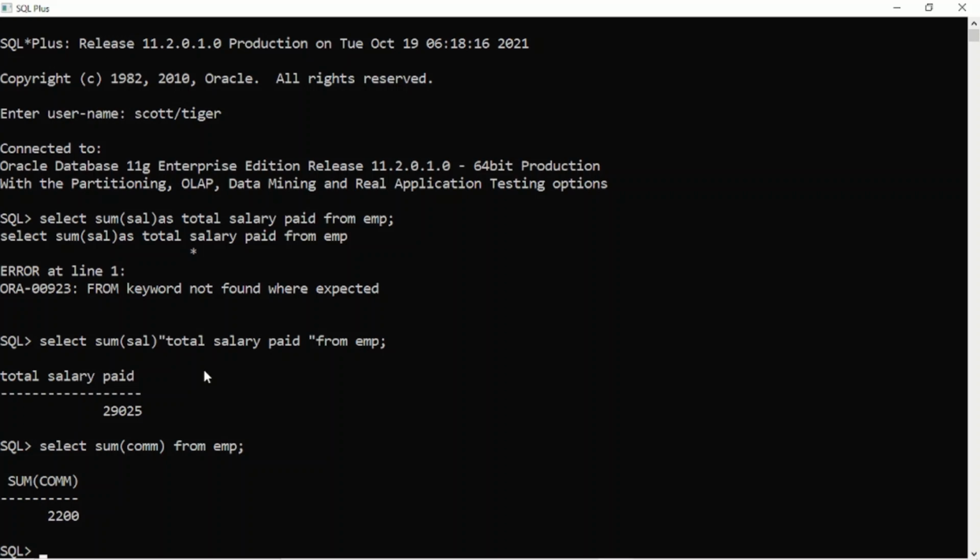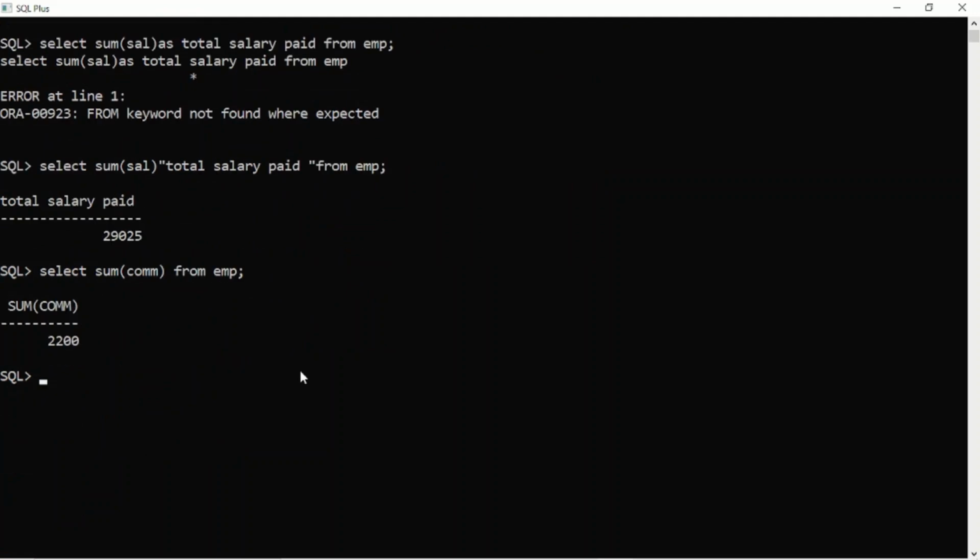I can get that commission. Similarly, if I want to know the average salary of a company, I can do like that. Select AVG sal from EMP.